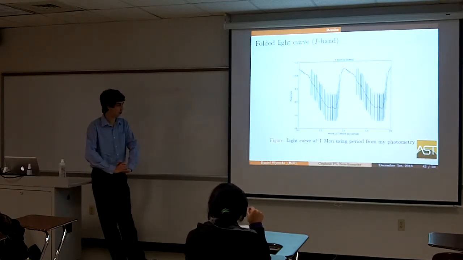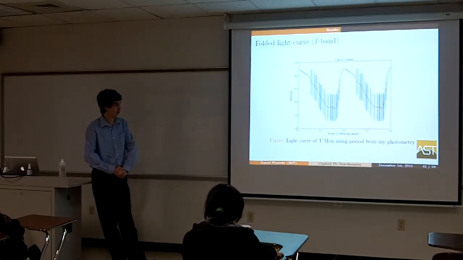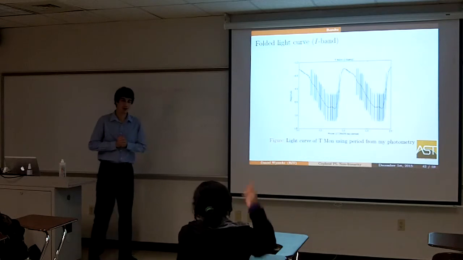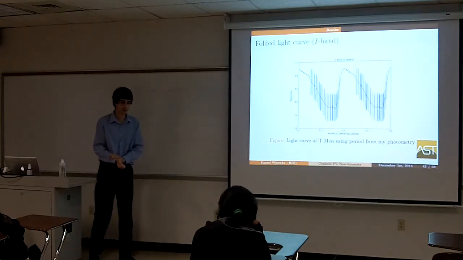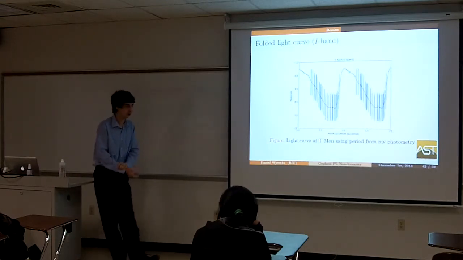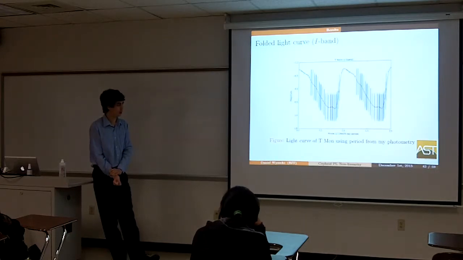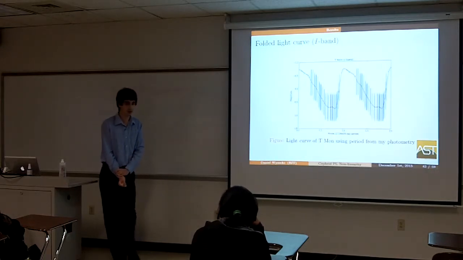Well, the thing is, there can be variable stars in the sample, as long as they're not the majority. I think it's a safe assumption to say that most of them aren't variable, just because most stars aren't very variable. If there were a few, it might contaminate the sample, but